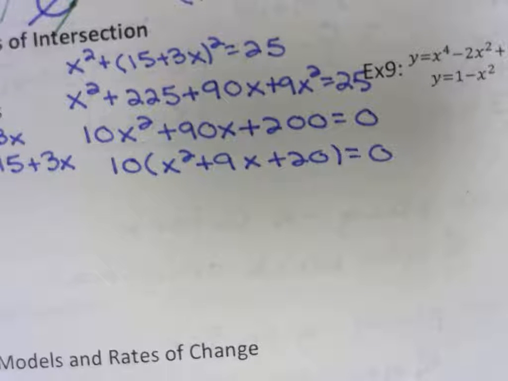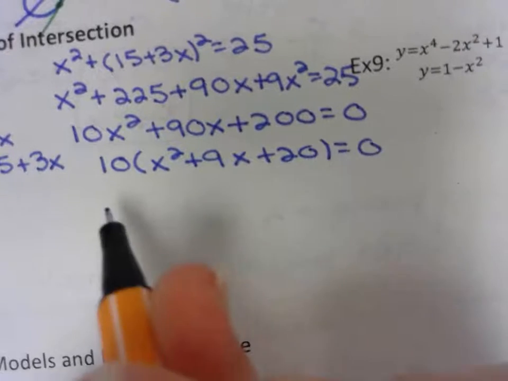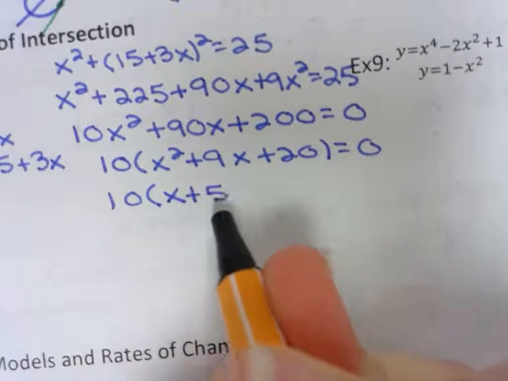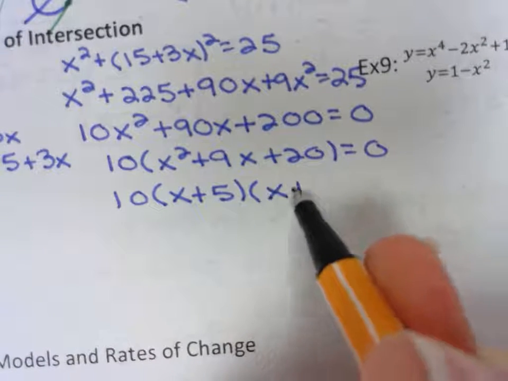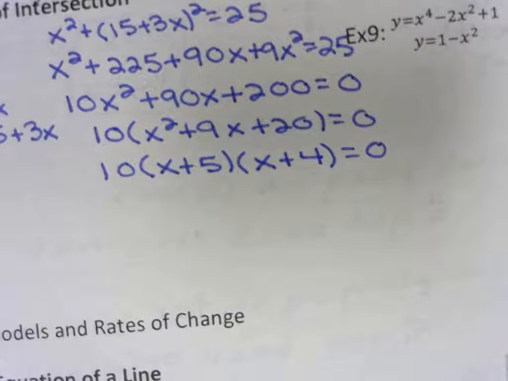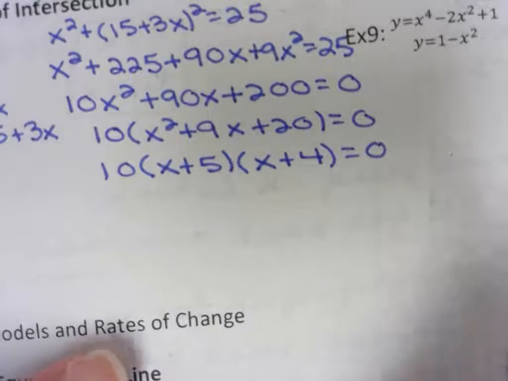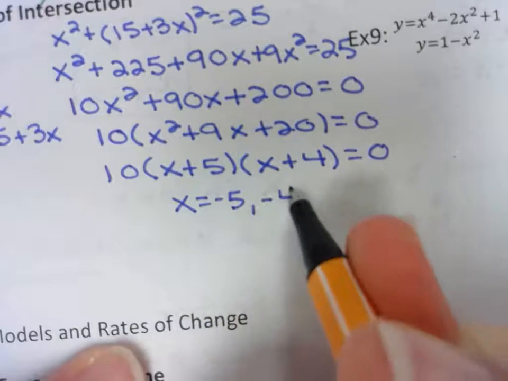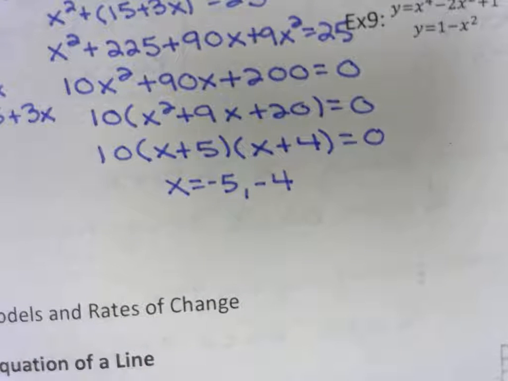x squared plus 9x plus 20 factors to (x plus 4)(x plus 5). Two numbers that multiply to give me 20 and add to give me 9: 4 and 5. Then if I solve this, set each part equal to 0, I get x equals -5 and x equals -4, which is fine that I'm getting two answers,